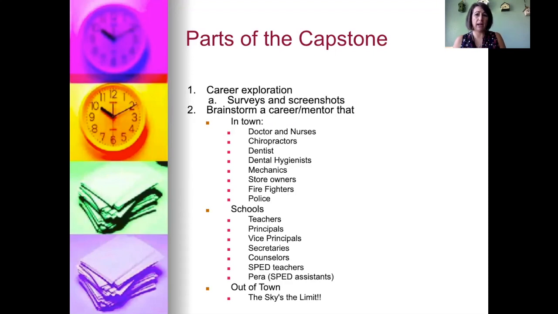But the way that I look at it is if you already know a lot of people that are in Johnstown and Milliken, if you already know a lot of people who are part of our school district, I would suggest looking out of our little town, because then the sky's the limit. So what will finding a mentor that is out of our small town do for you? Well, it's going to broaden your perspective on what's out there past our towns.